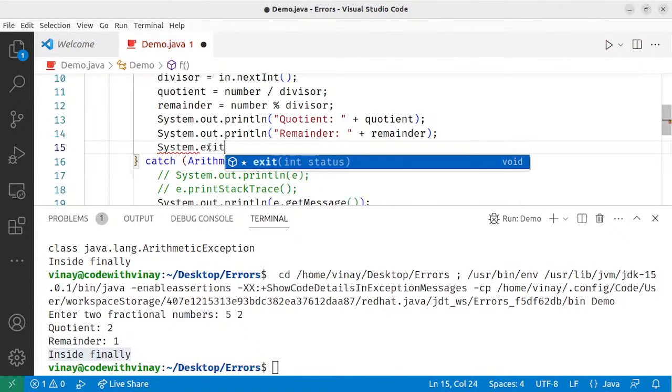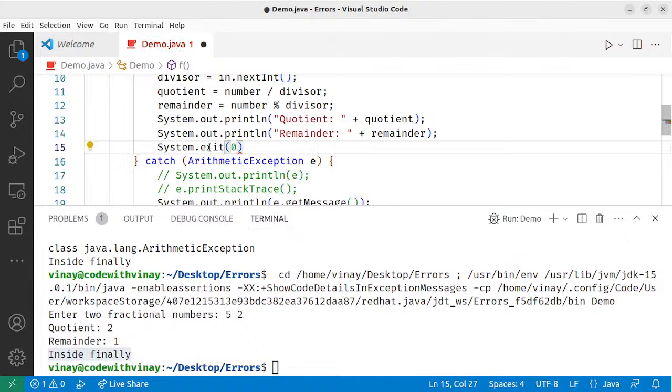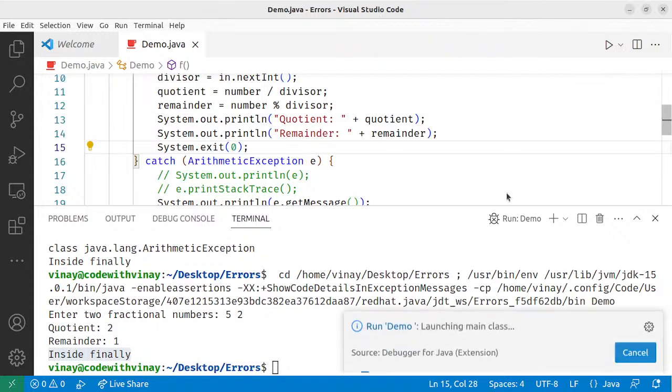So if you say System.exit(0), now this is a very bad way of ending a program. Why? Because any cleanup operations like the finally block, etc., are not executed. So now if I run the program, the finally block will not be executed even if there is no exception. So if I run it again